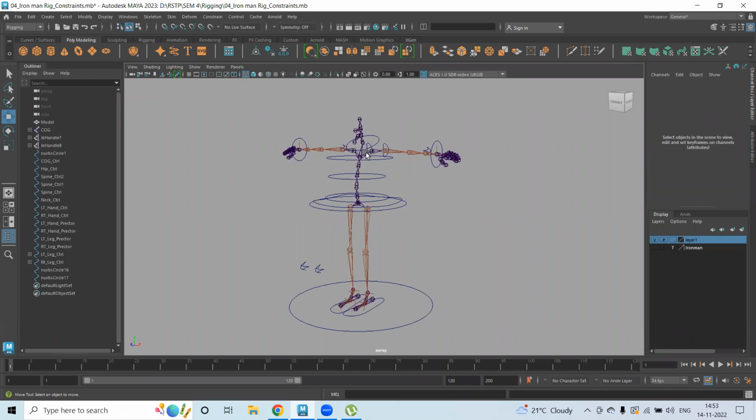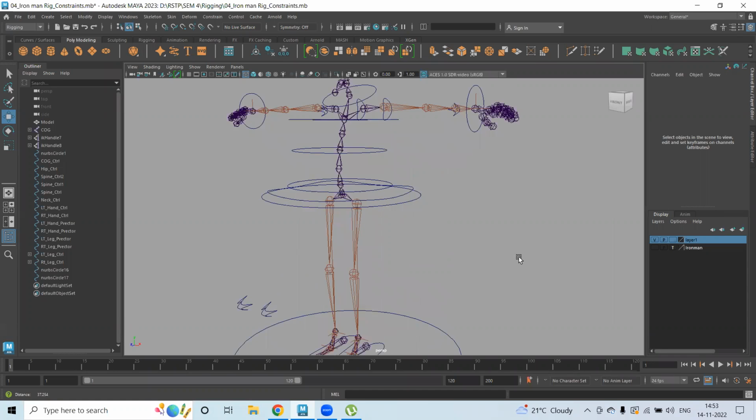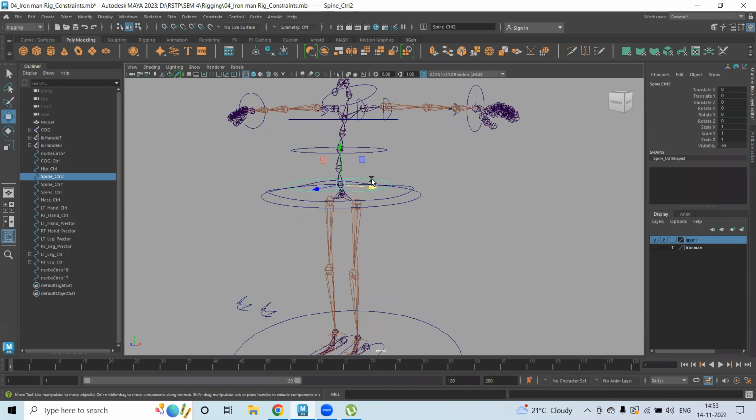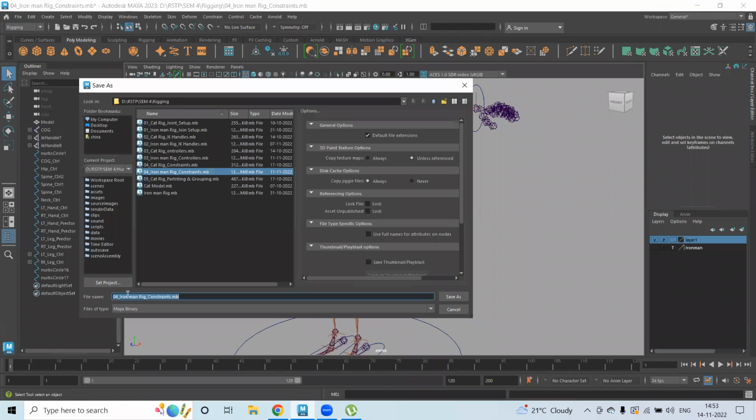So I think today we will be finishing off the rigging part, and from next session we can start doing animation. So in the last class we completed constraints. As you see, the constraint part has been completed, only the parenting remains. So now I'll be saving the scene as another scene with scene 5,